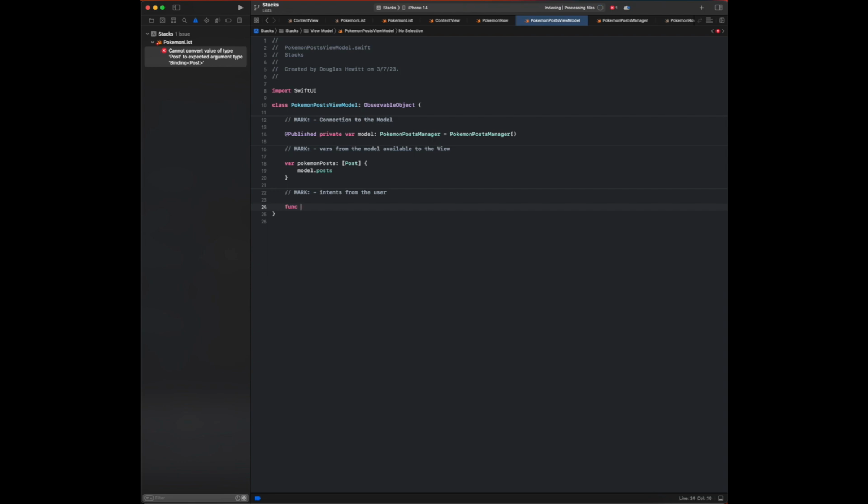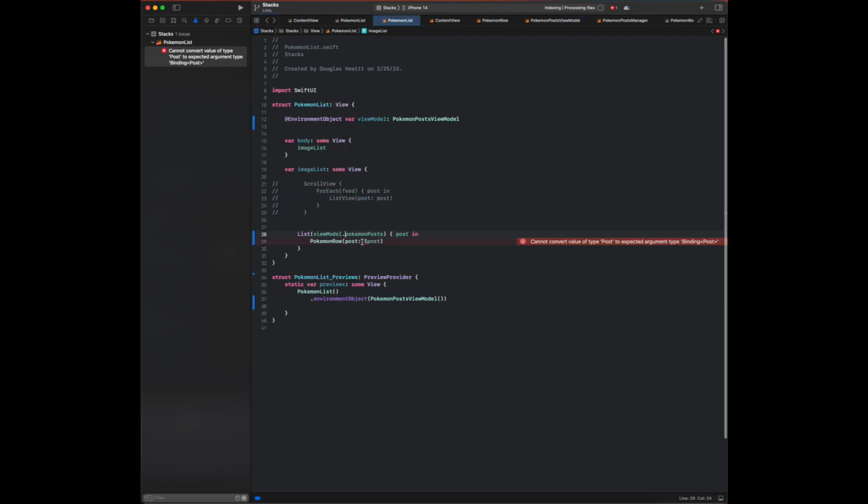And so we're going to create a function to handle this intent. Even though it's so simple, you're just toggling the Boolean, we're going to create a function to handle this. So we will say set post favorite. And we're going to have it passed a post in because it needs some kind of post to be set as the favorite. And if we go back